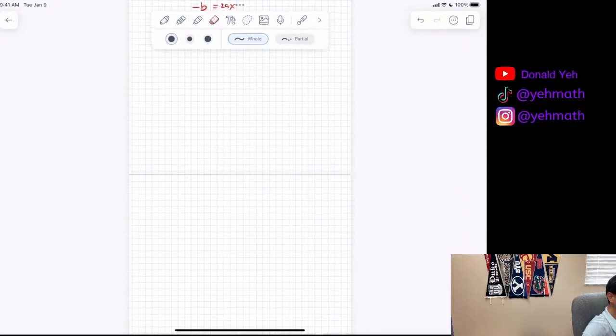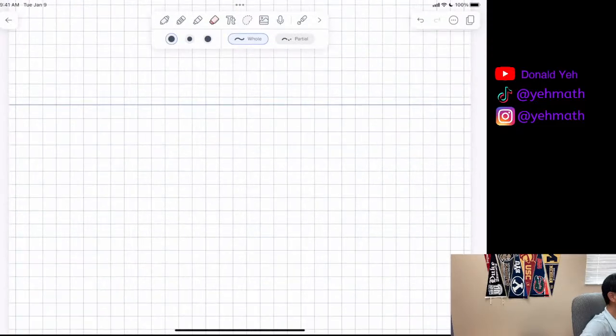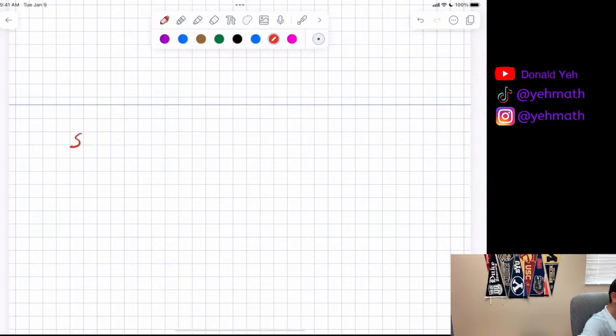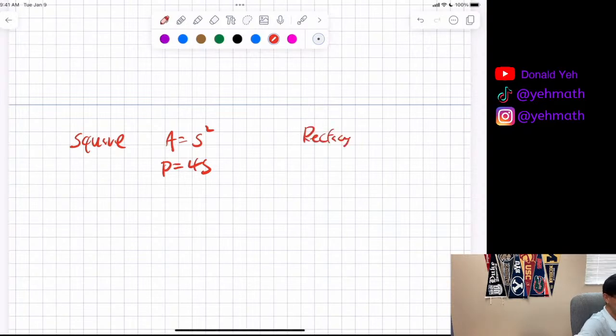So let's go to geometry. There are a lot of geometry problems, but we need to go through geometry for related rates and optimization. Okay, let's start with simple shapes, squares. Is area equal to s squared? I mean s times s. Do not tell me length times width because a square has the same sides. What is the perimeter here though? 4s. 4s, thank you.